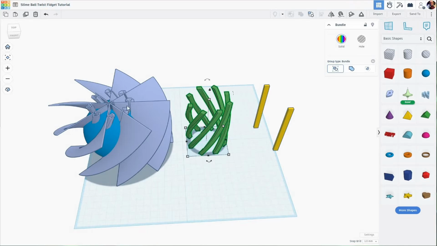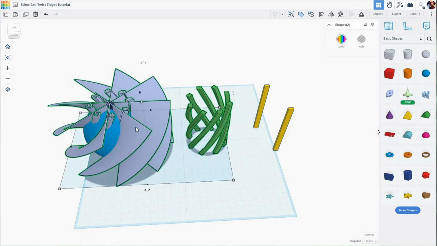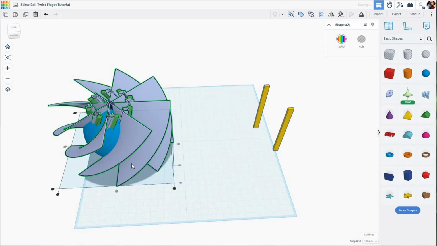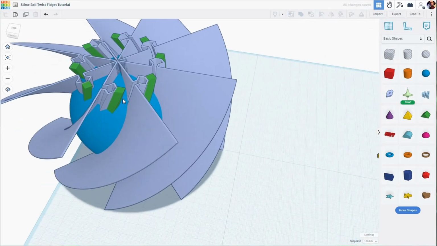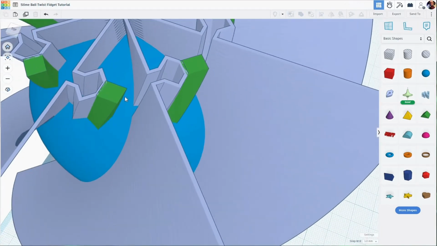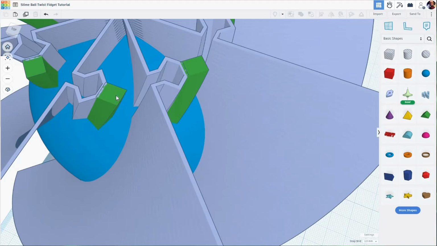So while this is selected, I'm going to shift select this part, L for align. I'm going to click on this part to make it stationary, and I'm going to click on this. Now, I want to show you something here that's real important to note: when you're making these, this part here is going to represent empty space, and so is this purplish blue part, and you want to make sure that this part here in green